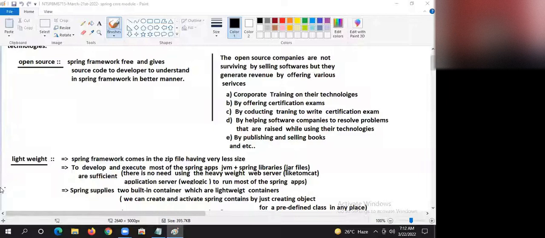Happily Spring containers are ready. You want to start Spring container in the middle of the method, you write that 1 line, 2 lines in the middle of the method. You want to start Spring container in the main method, you write that line in the main method. Got it?